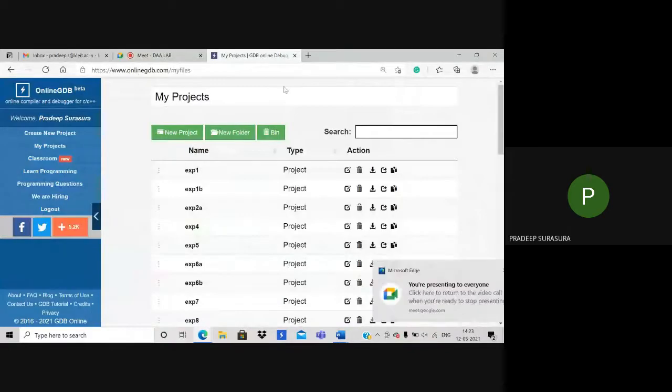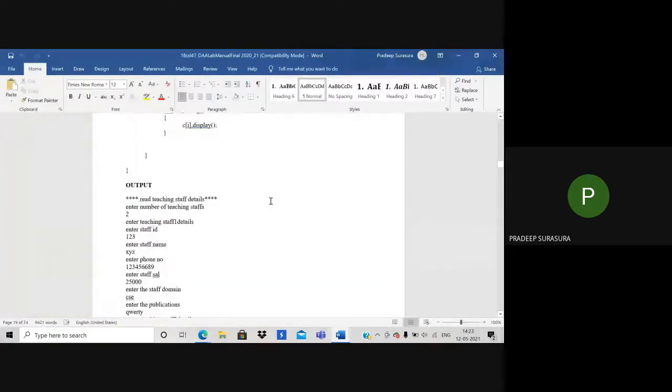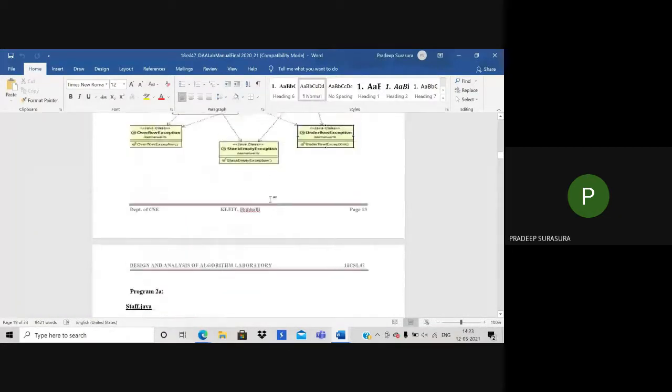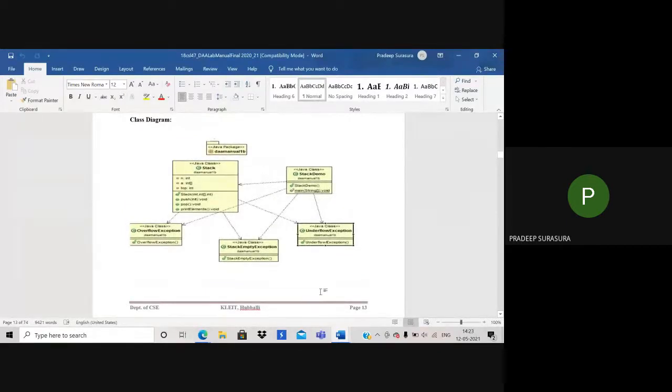Last time we considered the information of students. Now we will include the information of staff. Okay, so just going through the program, just one or two pieces of information about staff. So we have different classes.